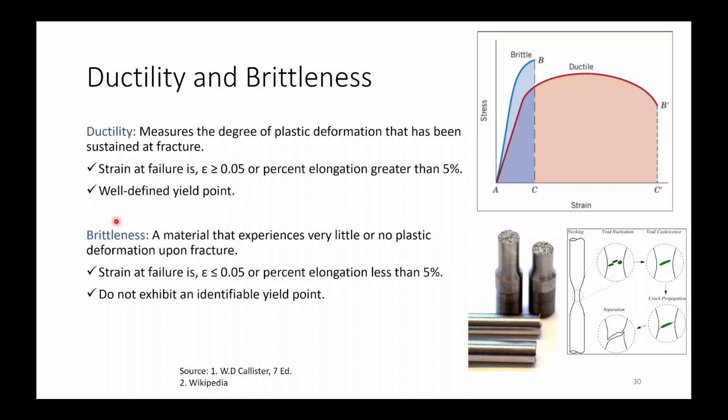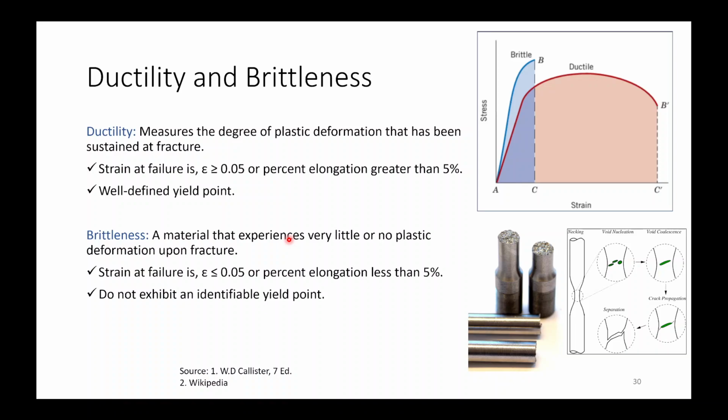In the case of brittle material, a material that experiences very little or no plastic deformation upon fracture, your strain will be lesser than 0.05 or less than 5%, and it does not exhibit an